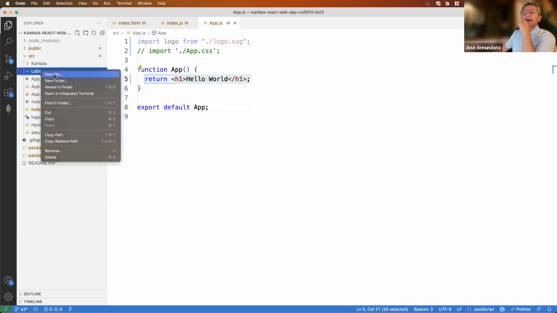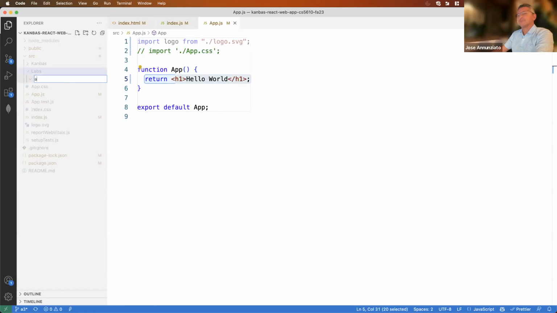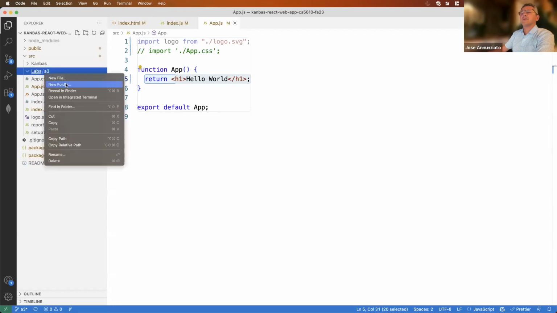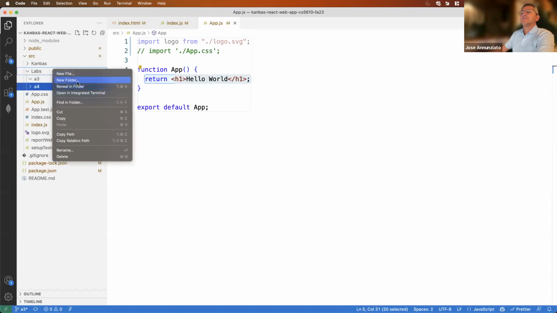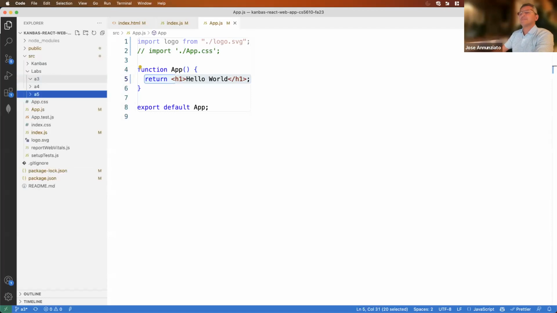And then in labs, we're going to have several assignments, right? So we're going to do assignment 3 in here. We're going to have assignment 4, and so on and so forth. We're going to have several assignments in there. So this is A5, and so on. For all the assignments from now on, each is going to be a separate component for